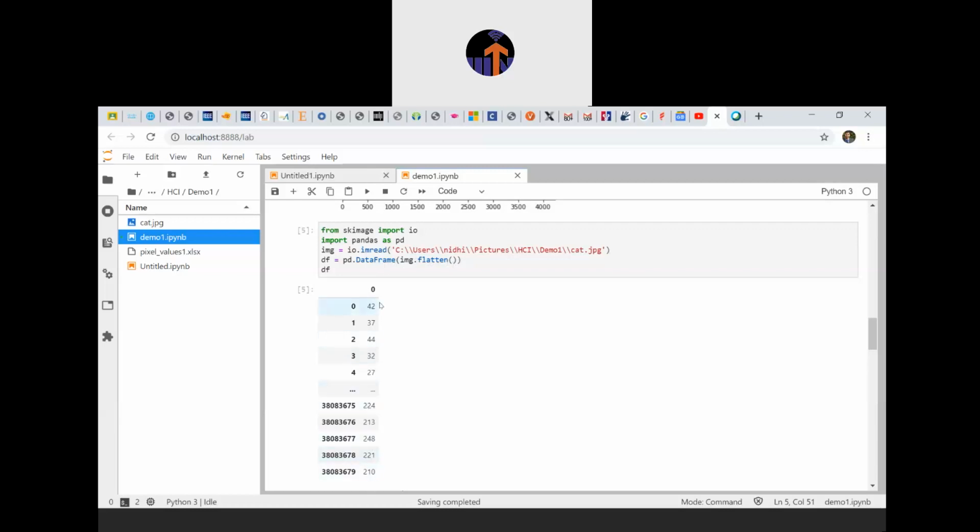So all of the pixel values inside the images will get converted into a set of integers automatically, and your image dataset will be ready for the learning modules.